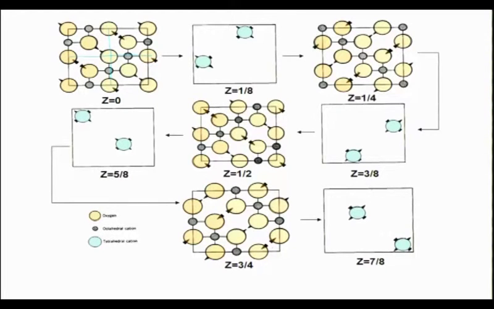Now you can see that these are shifted with respect to what you have at Z equal to 5/8. So these are shifted to the next available corner. Then at Z equal to 1, you will have the arrangement which is the same as Z equal to 0. So this is how you arrange cations and anions, cations in a periodic arrangement in 8 FCC unit cells,